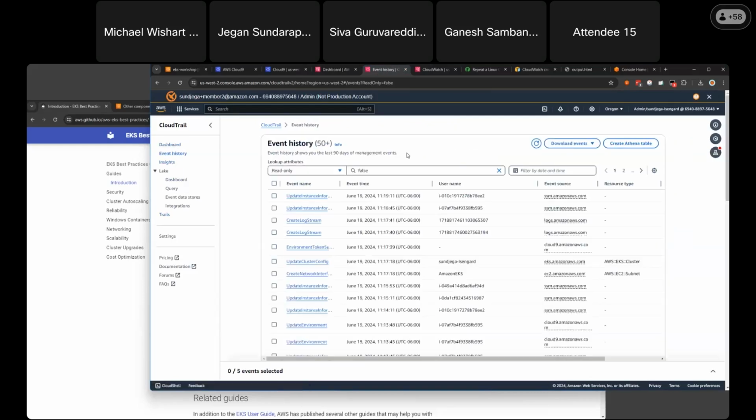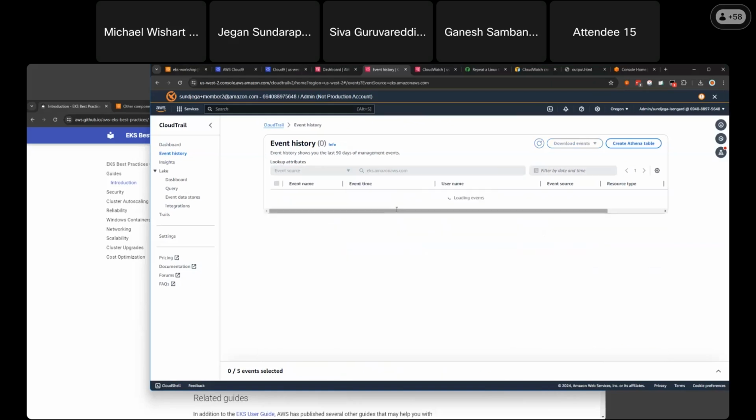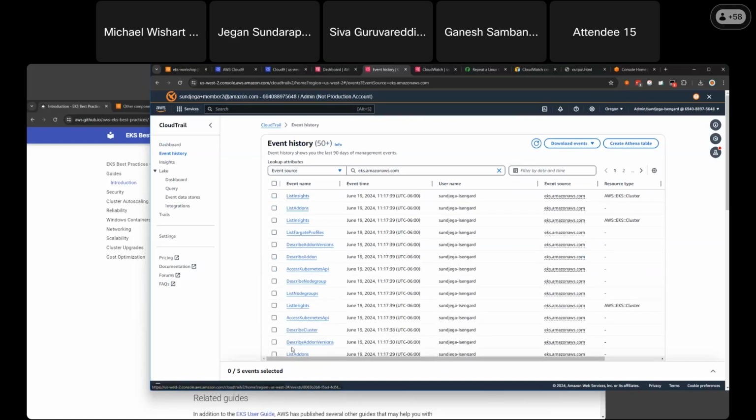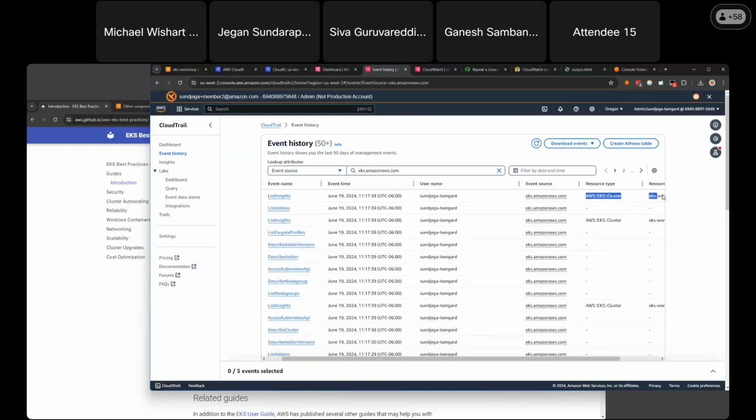If you go to event history, you can search for all the events originating from all AWS API activity, including EKS. So for event source, you could say EKS, and you would see all the events with respect to the AWS EKS resource type.